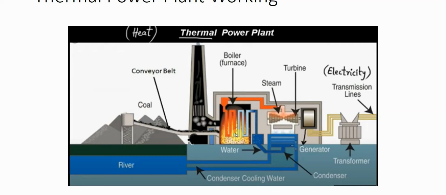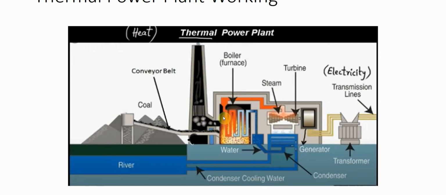Here the oxygen, or you can say the air, and coal will burn. But before burning, this coal goes through pulverization, in powder form. So you will convert this coal into powder form, and then this will be burned here, and the gases or the smoke or something like that will go out